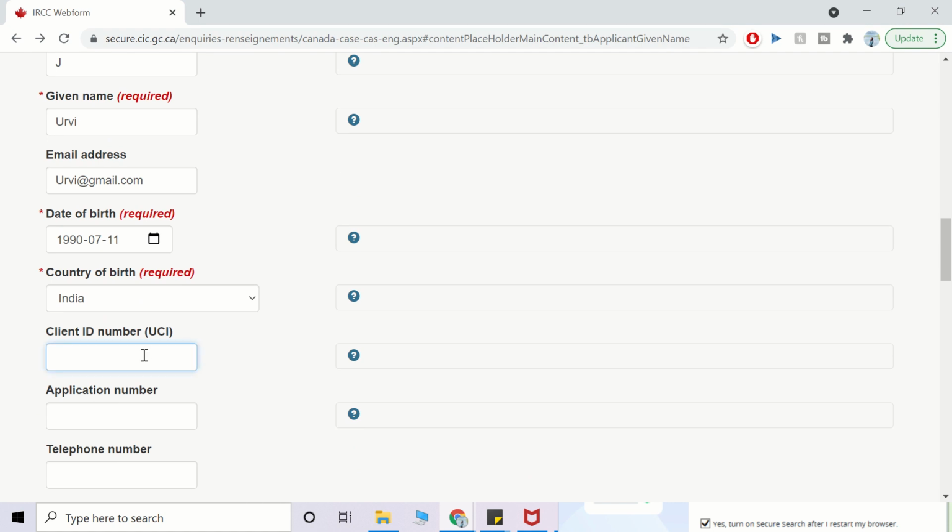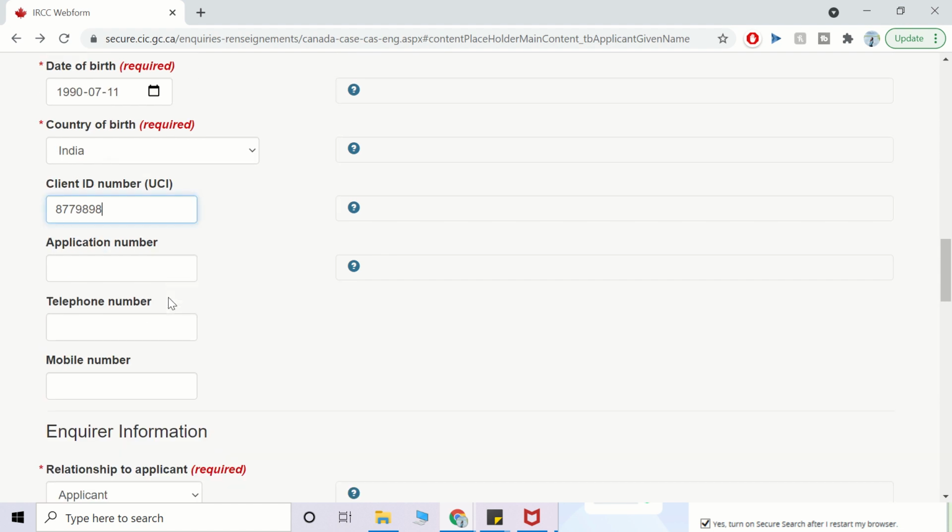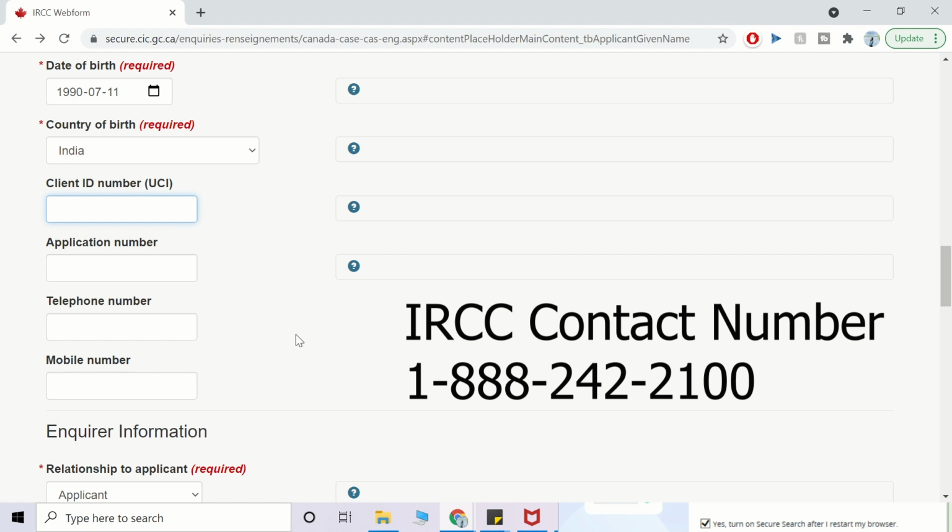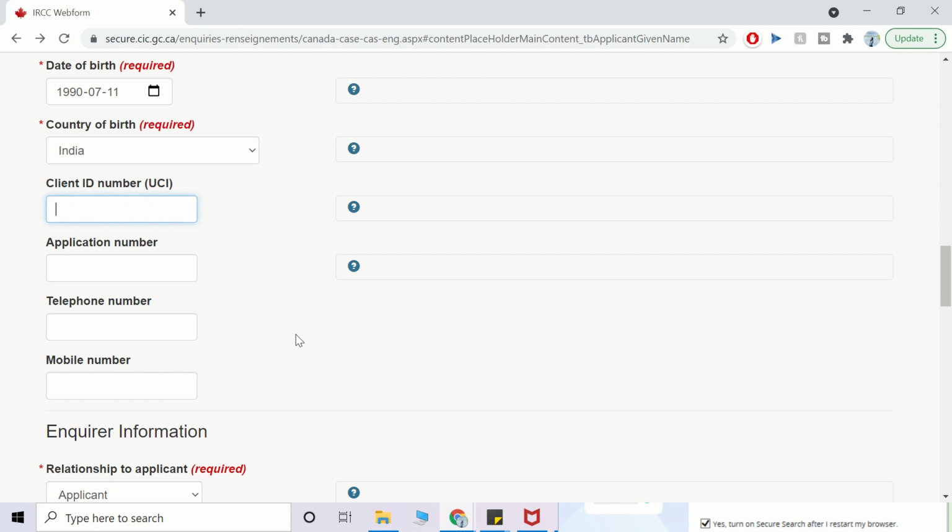So you can add that number here, whatever that number is, and then application number, you have two options. If you have received AOR, then you already have the application number, so you can add it here. If you have not received AOR, one of the options you have is to call the IRCC, and I will link the number in the description below. So call them, say that you have applied under the Tier to PR pathway, and can you give me my temporary application number. So your temporary application number starts with X, so you should be able to get this number and add it here.